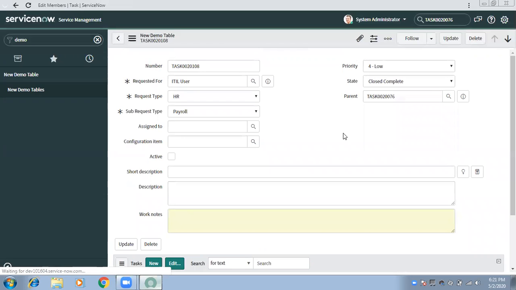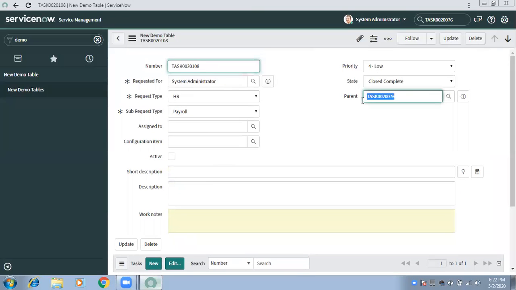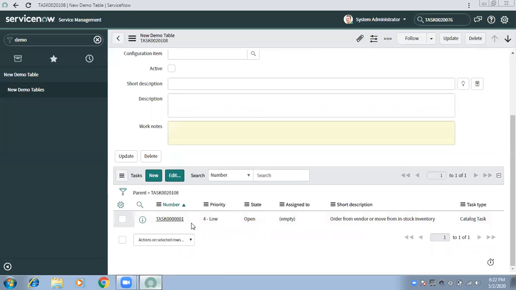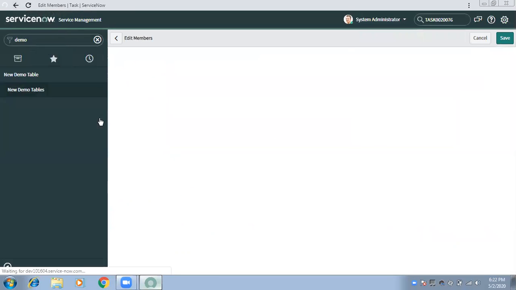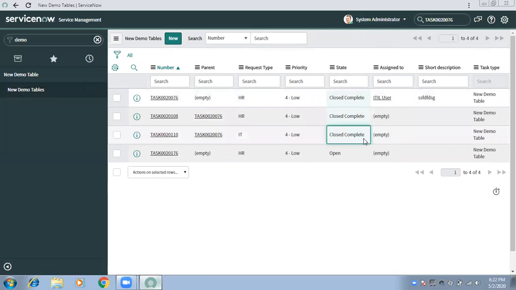So there could be a nesting of parent and child. Now it also got this child. So this is the master parent, and then this also becomes a child of this. Okay. Now if I run again, if I move all of these to work in progress, then it will give you 0 to 1. So let me move this to work in progress.